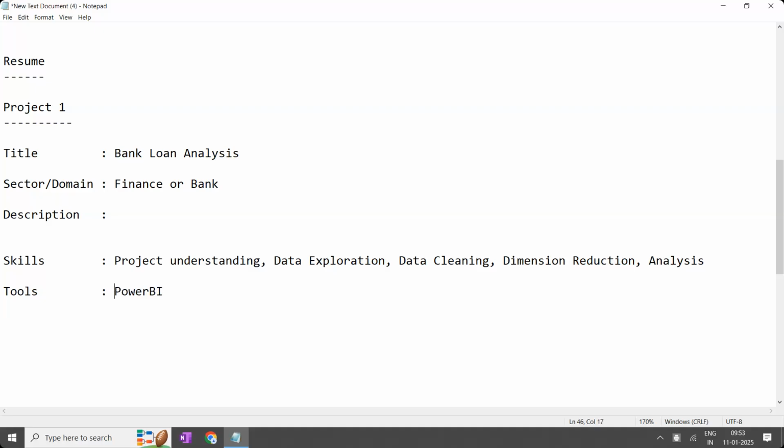For example, if you have clearly written here Excel, Python, SQL, then what is the meaning of this? You have used multiple things to complete this project. You have not done everything in a single one.